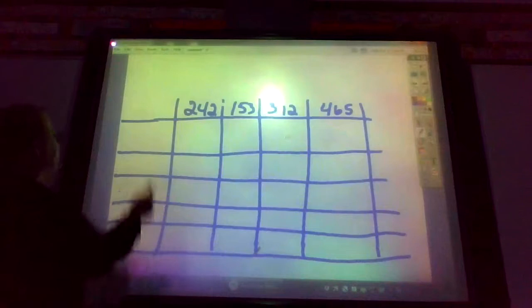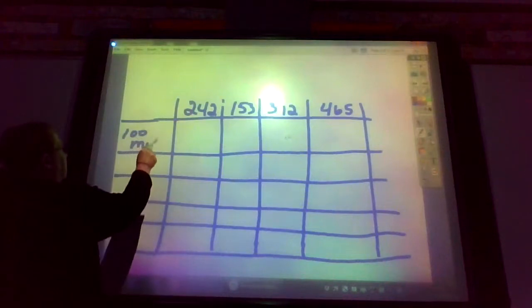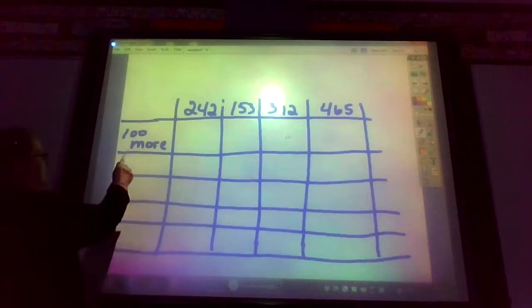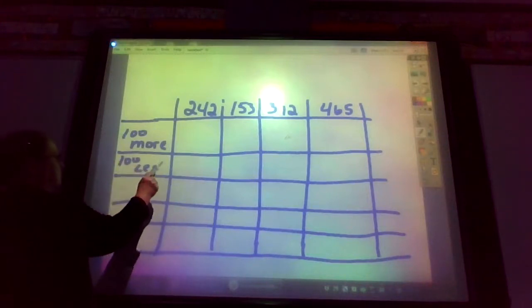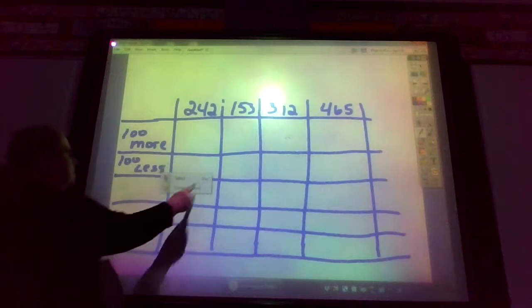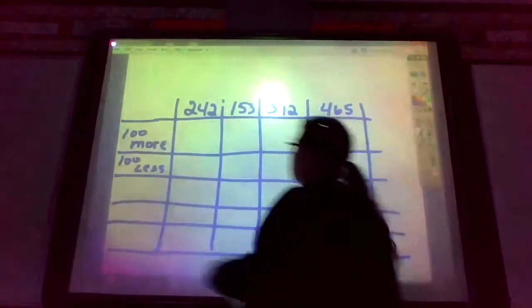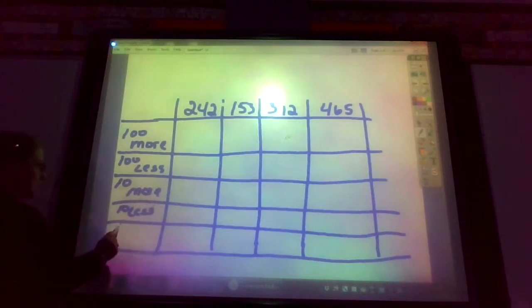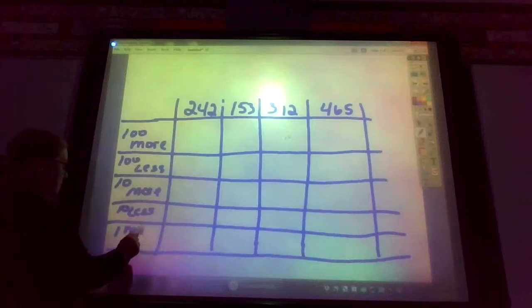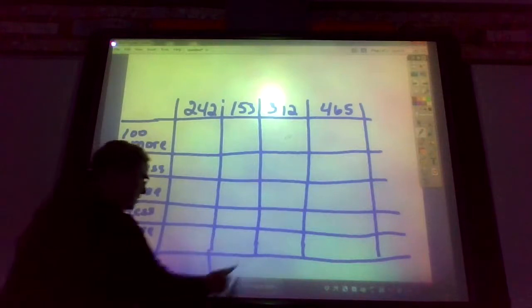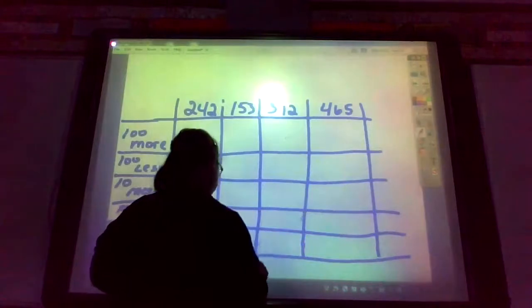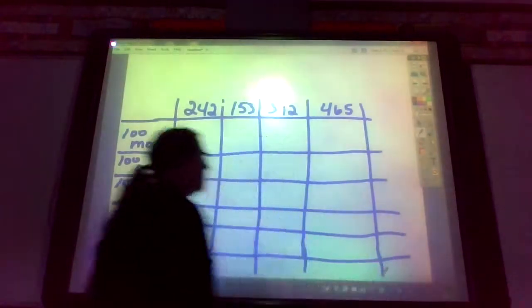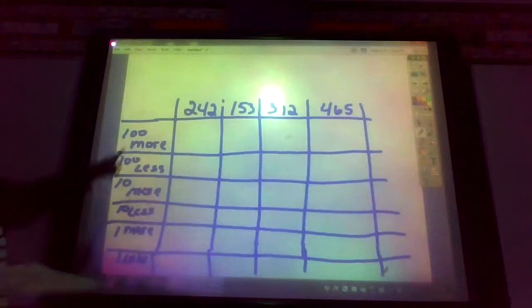It says 100 more, and I don't like how they put this chart together. 100 less, okay? And then it says 10 more, 10 less. And then it says 1 more and 1 less, okay? Like that. So what they're wanting you to do is they're wanting you to look at this number here,